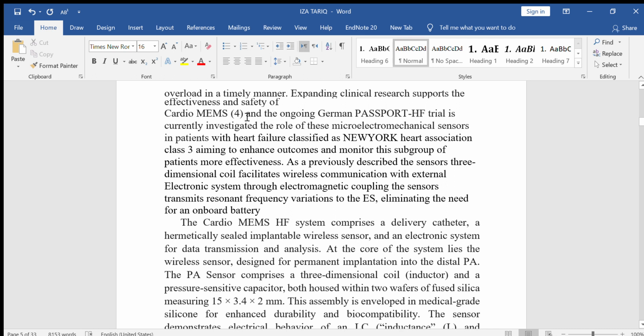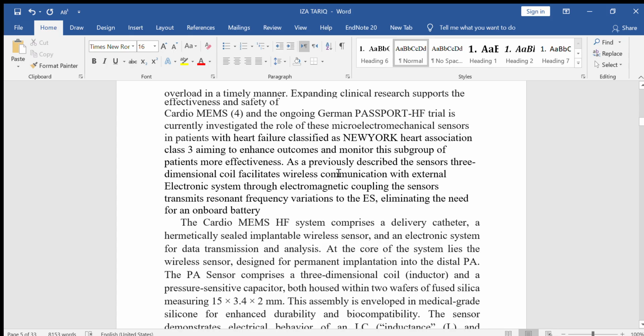Cardio microelectromechanical scanners. Another type is the GUIDE-HF trial scanner, which is used in heart failure. It currently investigates the role of microelectromechanical sensors in patients with heart failure classified as New York Heart Association Class 3, aiming to enhance outcomes and monitor subgroups of patients more